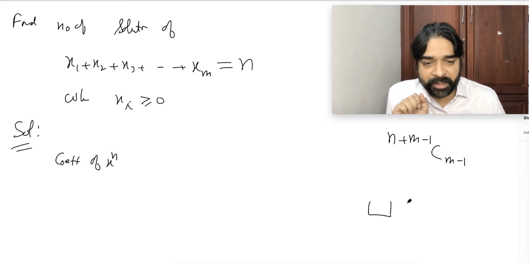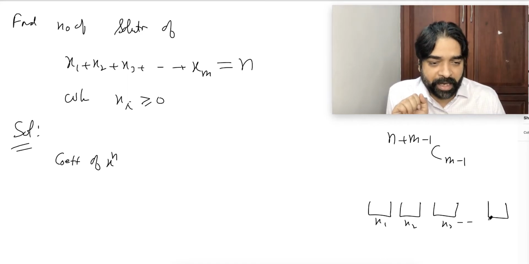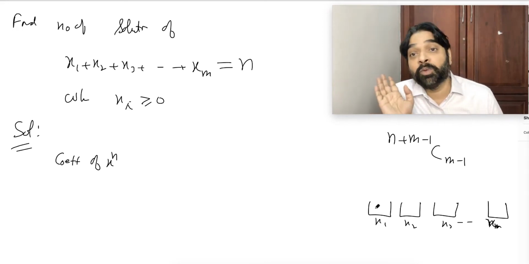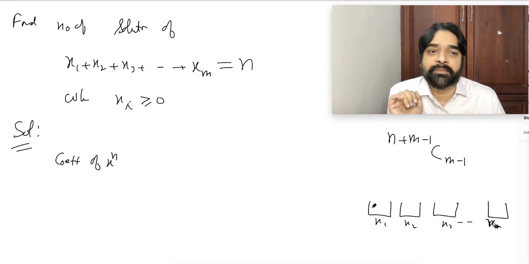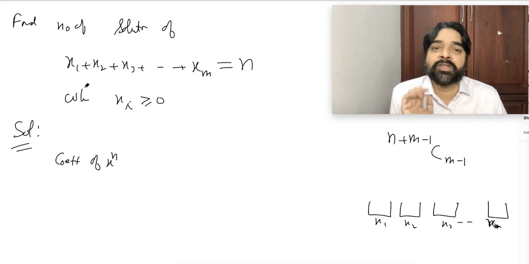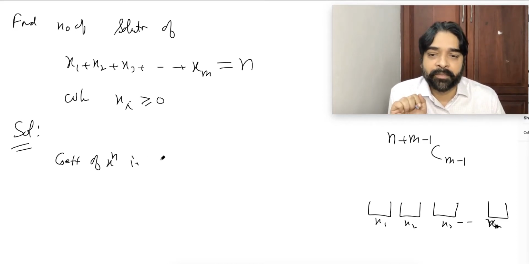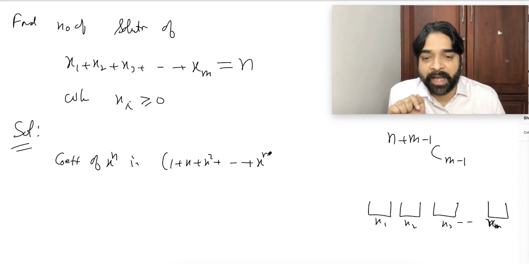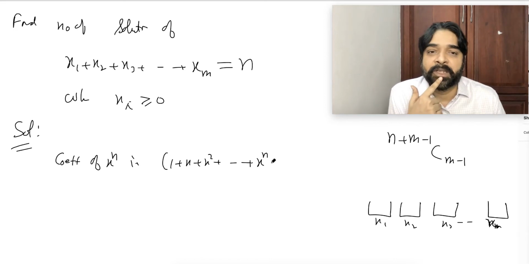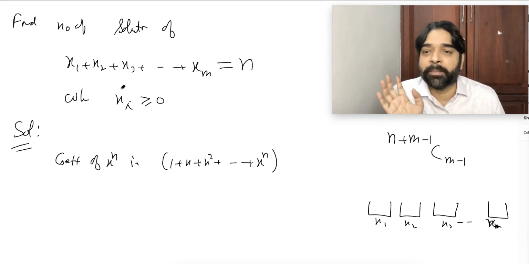So this is the container x1, x2, x3, and so on up to xn. Here, how many x can come? Either 0x, no x will come, or 1x will come, or 2x will come, or up to nx can come. But all the n can come here on x1 or not. So how will you make the bracket of x1? 1 plus x square plus so on up to x power n. Did you understand? This is the bracket of x1.